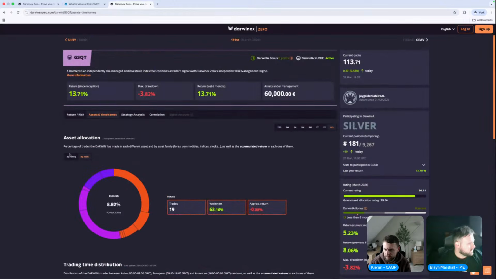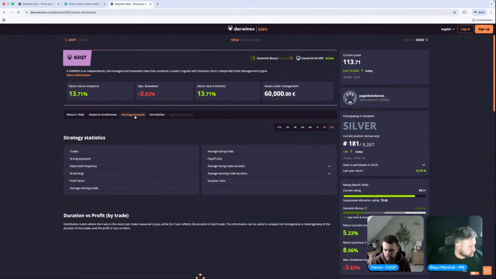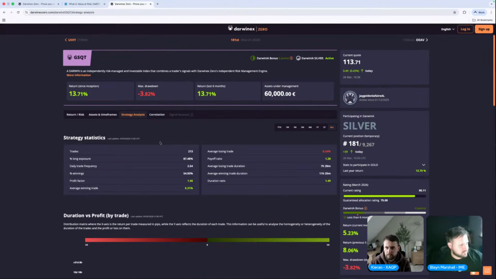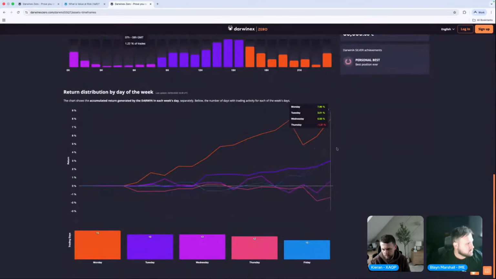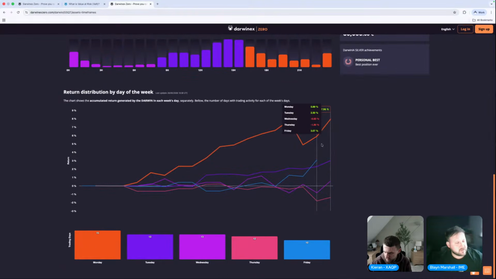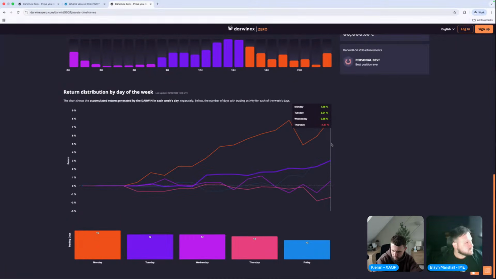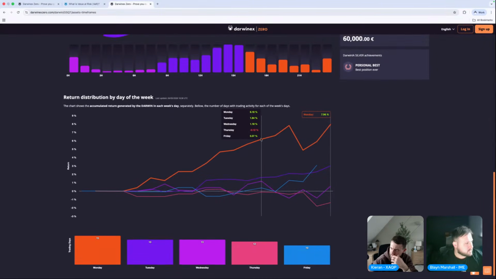I mean, for me, there are only 213 trades over 3 months, so not enough to say anything in particular. But at the moment, everything's looking pretty stable. Even days of the week, we've still not got enough data to say, okay, maybe you need to look at Tuesday, Wednesday, Thursday. Right now, Thursday's down, Friday's up. So there's nothing really to be too worried about in terms of days of the week.